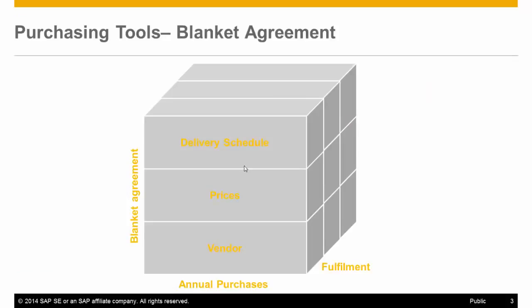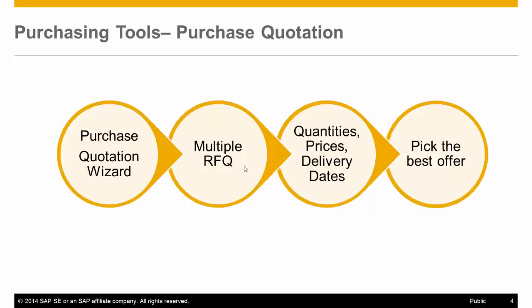With SAP Business One Blanket Agreement, you can plan your purchases for the entire year, including delivery schedule, and set prices with your vendor, and then you are able to keep track on fulfillment level at any point in time. For purchase of new items, use the Purchase Quotation Wizard tool, which allows you to send multiple quotations to your vendors, requesting proposals for quantities, prices, and delivery dates, and based on their replies, select the proposal that best fits